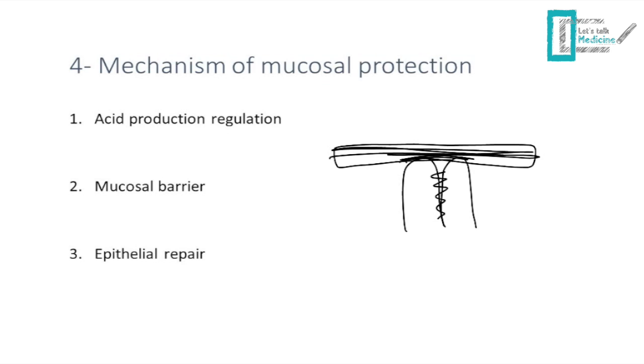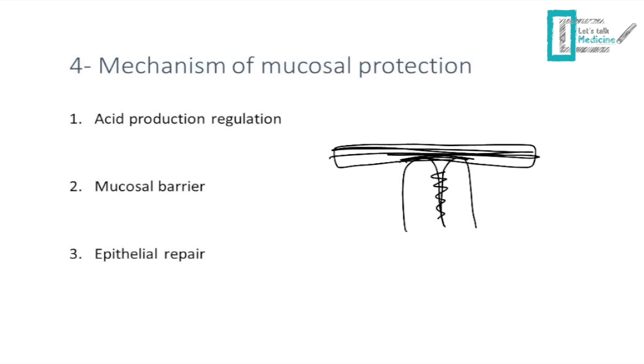And then we have epithelial repair. Epithelial repair is very important because this acidic environment can easily damage our cells, and when we have any small damage, we have very acute and fast repair. First, we have a hyperemic response when we have the damage. This causes dilation of vessels. When we have dilation of vessels, a lot of blood goes to that injured area. This blood provides that area with a lot of fluid that can help in the formation